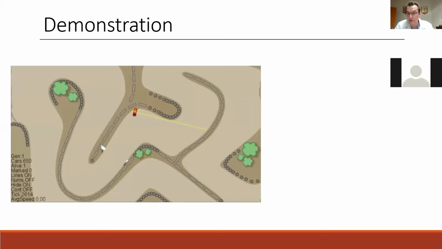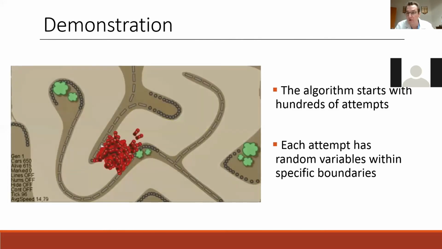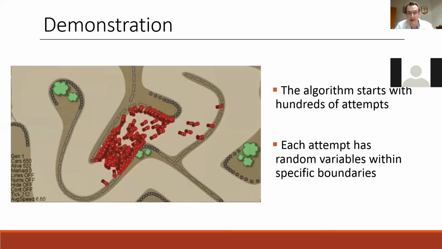The way AI works is it's going to take hundreds or thousands of attempts at something, and it's going to try its best. So imagine we have this car, and we give some parameters about speed and direction and ability to turn, and we say, have at it. And you can see that we just released thousands of cars, and they didn't get very far, some went backwards.